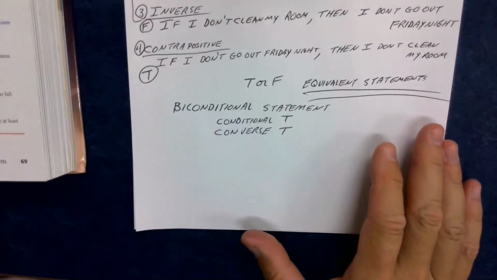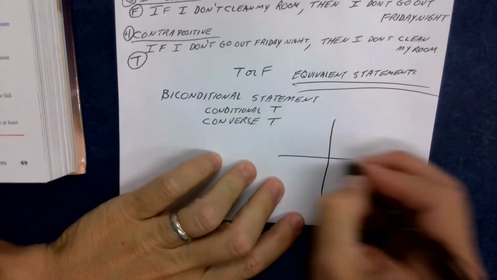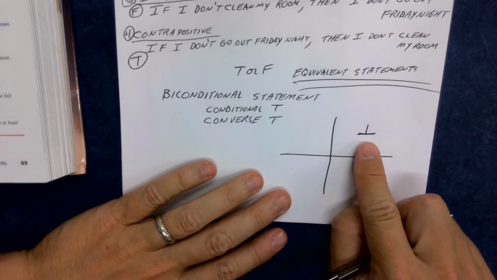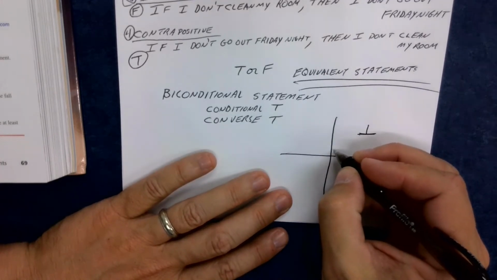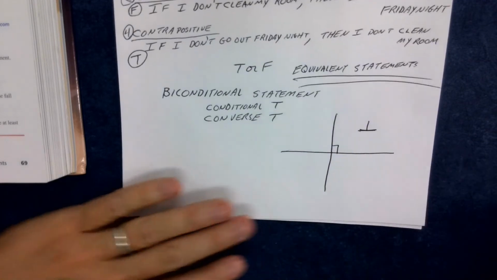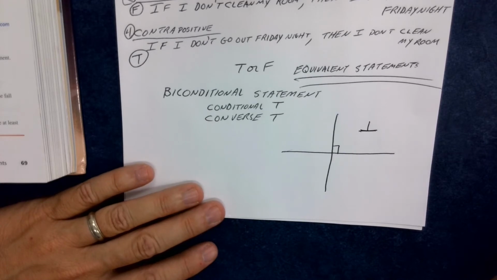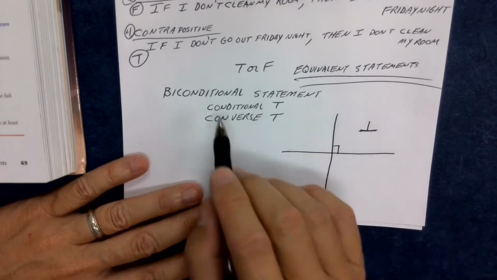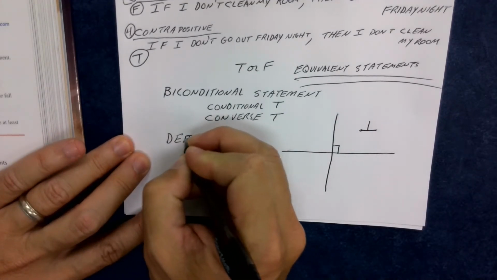Let me give you an example of something. If 2 lines are perpendicular, then they form 4 right angles. Okay? Well, the answer to that is true. And if 2 lines form 4 right angles, then they must be perpendicular. Well, that's also true. So the conditional statement and the converse are both true, which means that now we technically have a